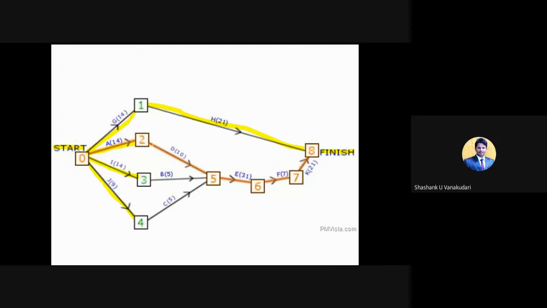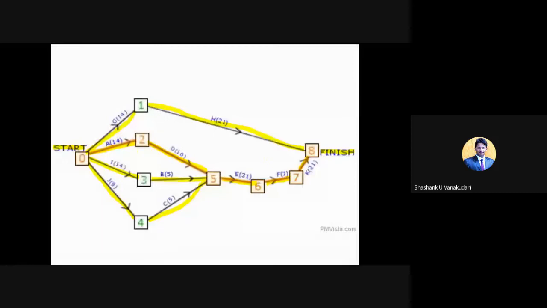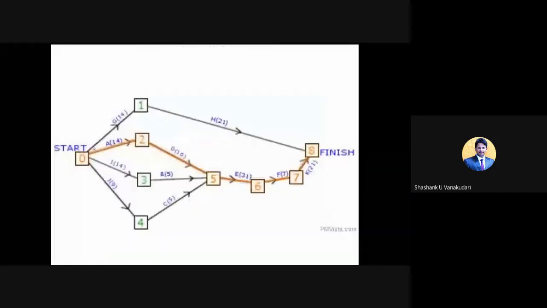And 2 to 5, and then 3 to 5, and 4 to 5, and then 5 to 6, 6 to 7, and 7 to 8. So this is one network diagram. Clear? In this network diagram, we need to find out the critical path.